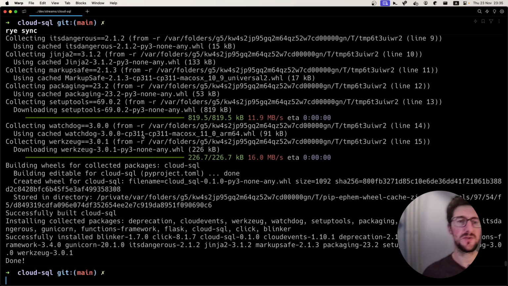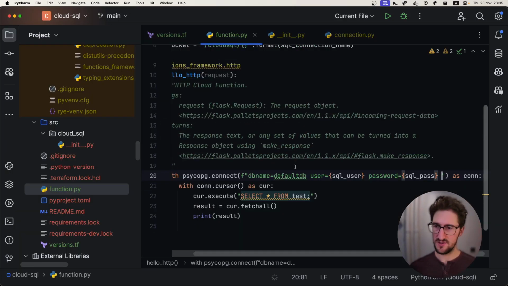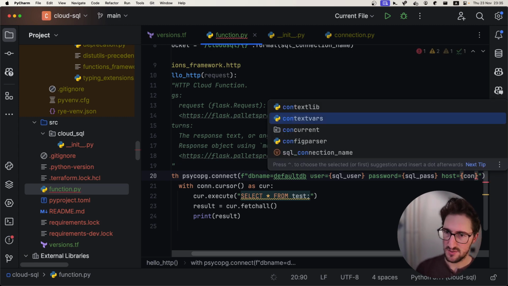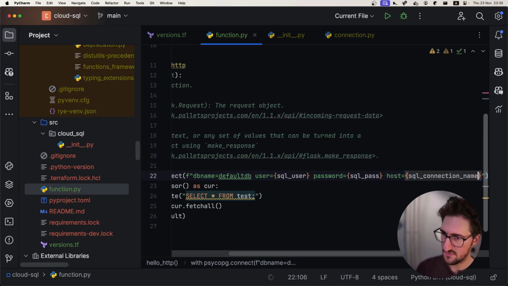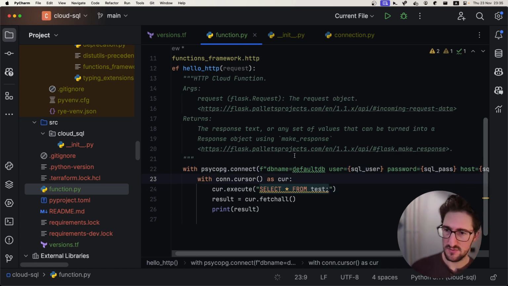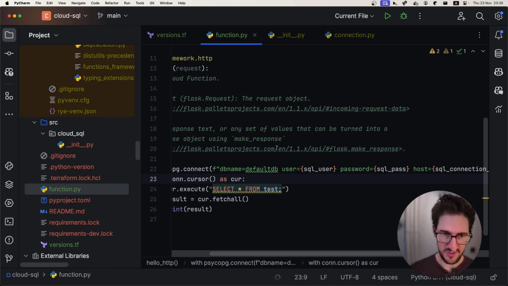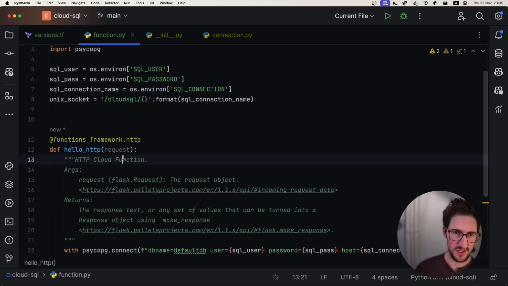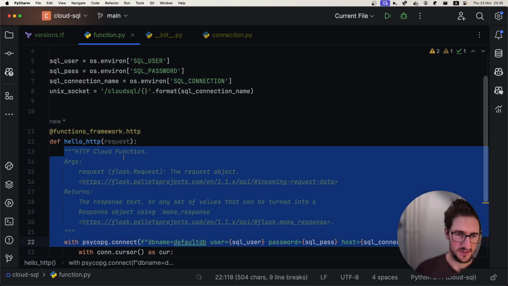So we do need host. So let's just run the host. So this is going to be just that, I guess. DB SQL connection name. I think that's it. Okay, let's just pretend this is working magically. I really do not know if that will just work. And